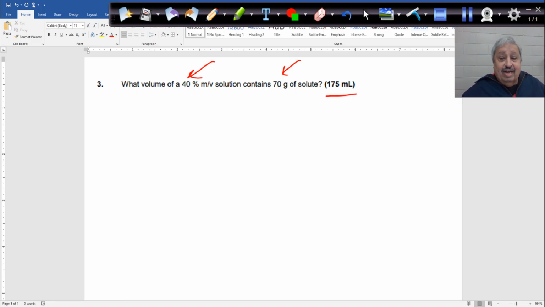And the answer is how much? It's three sig figs. And that's not correct. So I will say this is 40 and then put a decimal, make it two sig figs. I can make it one, that's fine. But at least you have to have a decimal somewhere, this is 70 decimal, I mean, gram